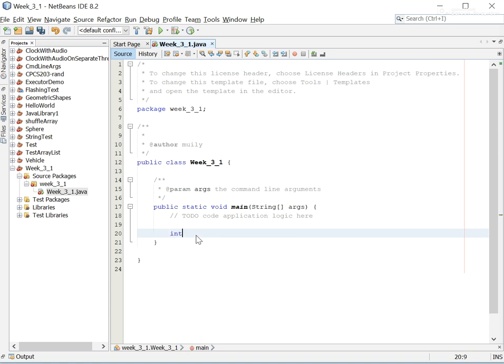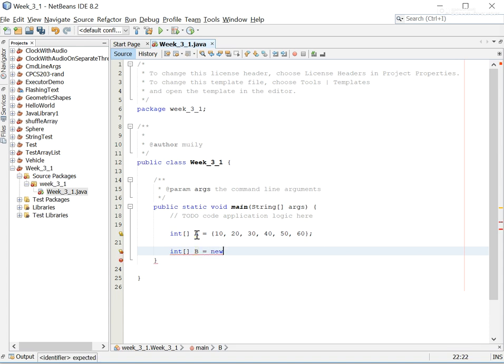I'm going to be working with two arrays over here. Let me call the first one, let's make it simple, integer array A, and let me just initialize it with some values: 10, 20, 30, 40, 50, 60. And let me create a second array. Let's call this one B, also an integer array. But let's keep this one